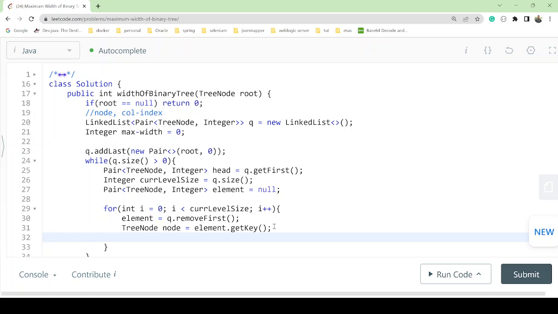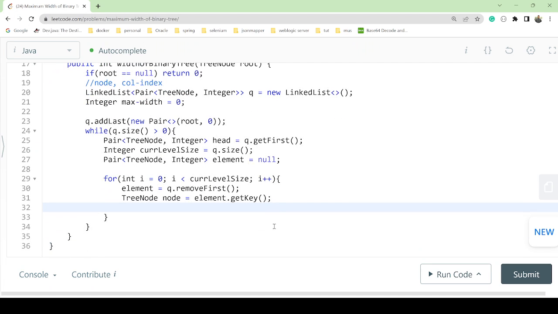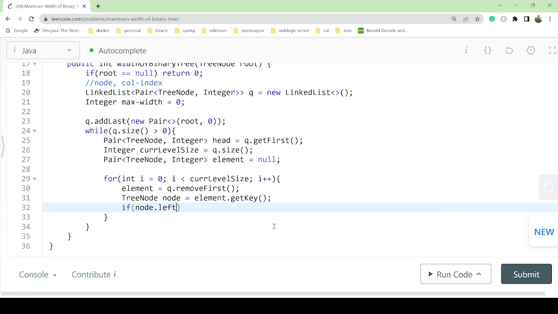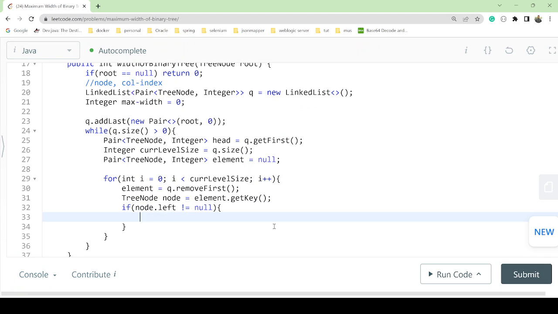We'll check if the node has a left and it is not null. Then what we should do, we'll check the queue we have, and we'll do add